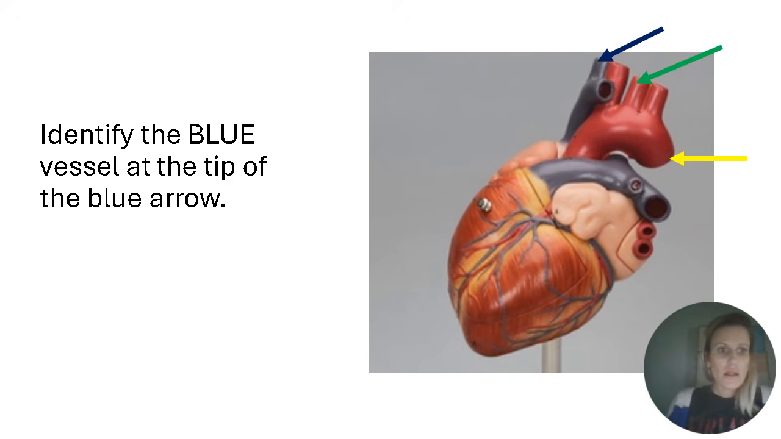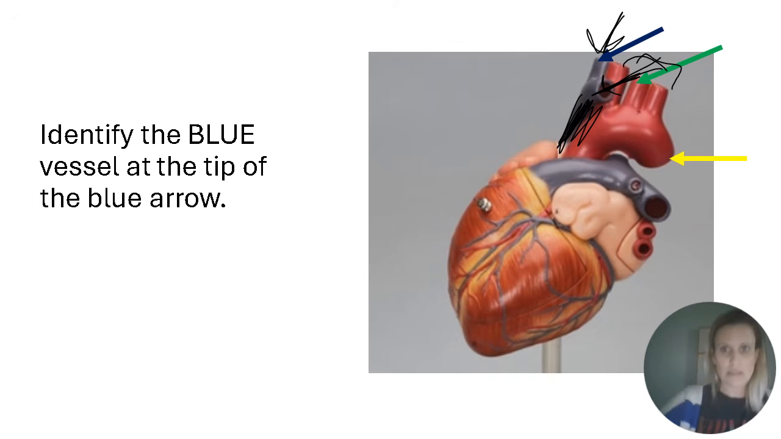Identify the blue vessel at the tip of the blue arrow. So again, we're looking at the heart model. You guys should know the branches off of the large vessels here, even on this heart model, like when you can't really see where the vessels are going, I want you to know the branches. So what I mean by that is these three branches off of the aortic arch, and then these two vessels that are going into the superior vena cava. So remember, this is the superior vena cava, and it's got two vessels that merge into it. Those are